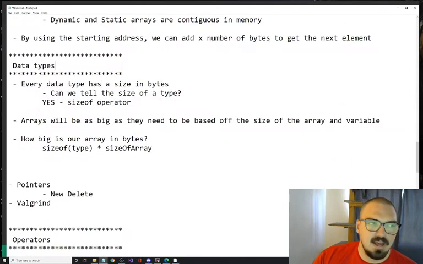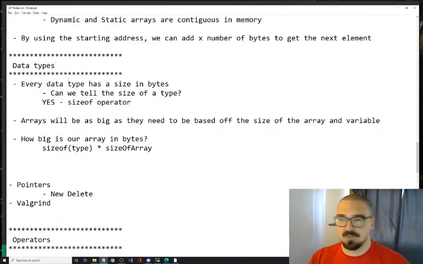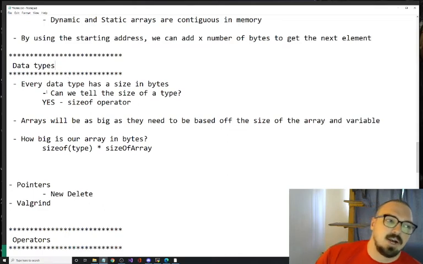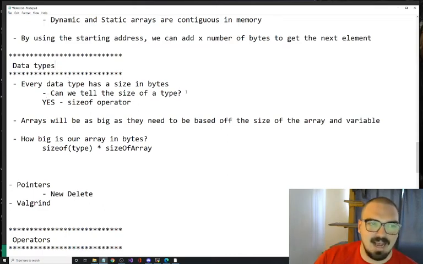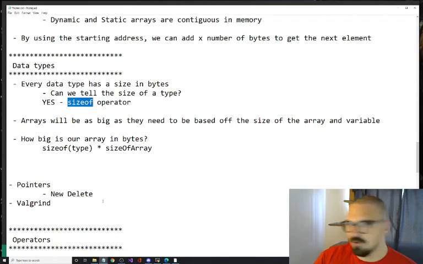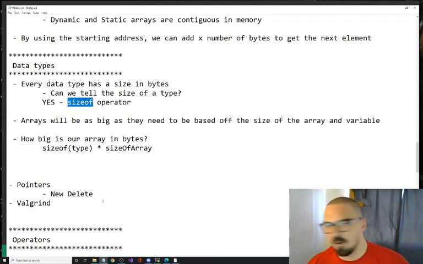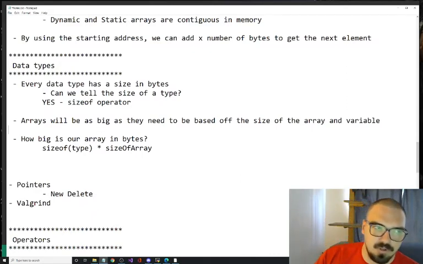All right. And remember, we started talking about data types. Why does this matter? Well, different data types have different sizes. So can we tell the size of a type? Yes, we can. We use this sizeof operator. Now, chances are you're never really going to use this in your program unless you're typing C code. In this class, we learned C++, but in C, if you ever take an operating systems class, you'll use this sizeof thing.